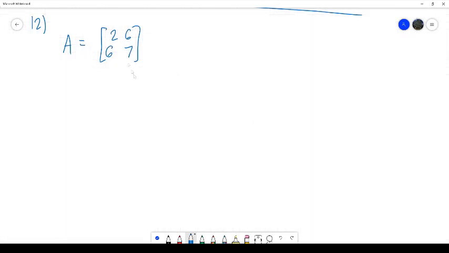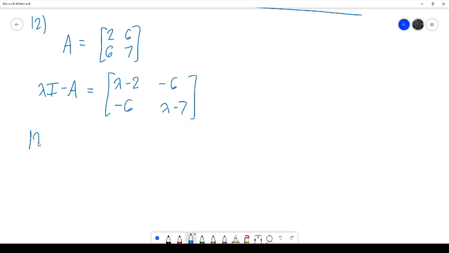So again, well, I guess in this case we have a little bit more work to do at the beginning because we need the eigenvectors of A in order to make the P matrix. So to get the eigenvectors of A, we want the determinant of lambda I minus A. So here that's going to be lambda minus 2, negative 6, negative 6, lambda minus 7. Take the determinant of that,